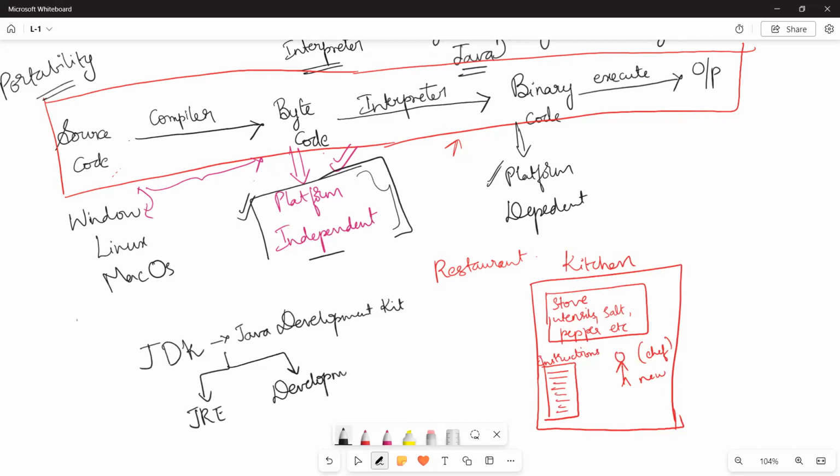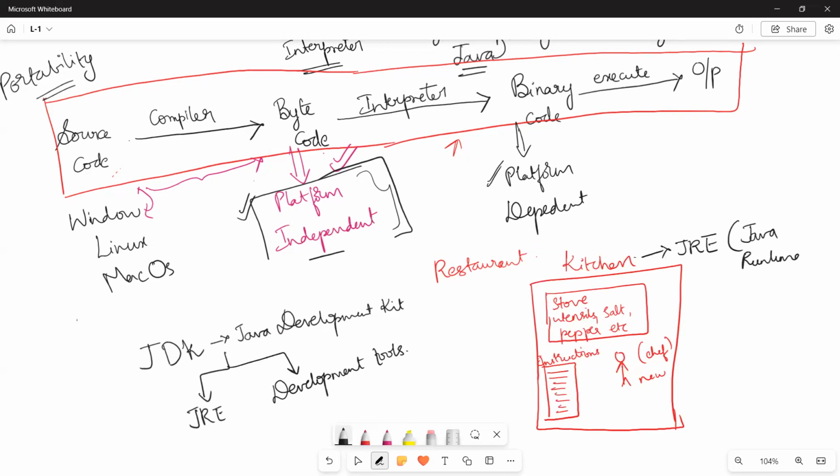What am I saying? I am saying that JRE and development tools help us to write code, compile it, and execute it. Now I'm gonna say this kitchen here is called JRE, which is Java